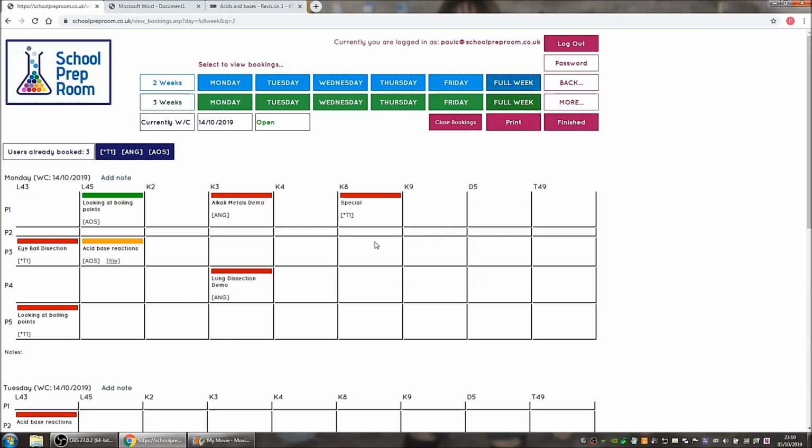The next thing we need to look at is how to contact a teacher about a booking. So we need to choose a booking that someone has perhaps added as a teacher. We're going to go for this one here, the Alkaline Metals demo. And let's imagine that we just want to check whether they want the large or the small trough. So we can go to Email Teacher,